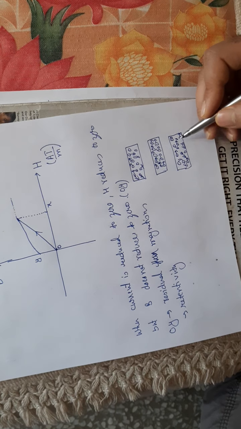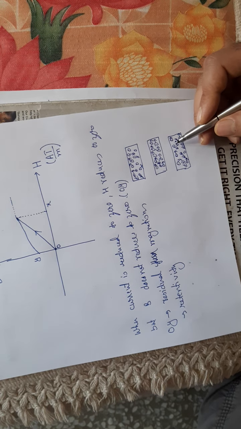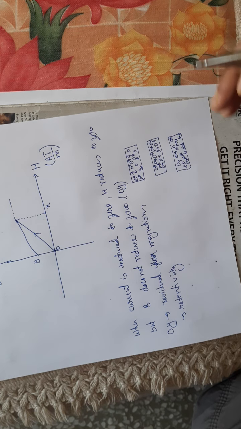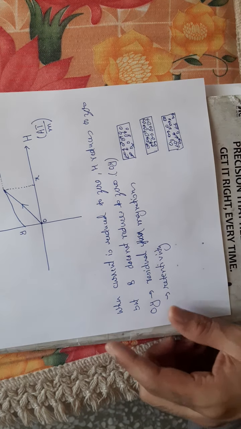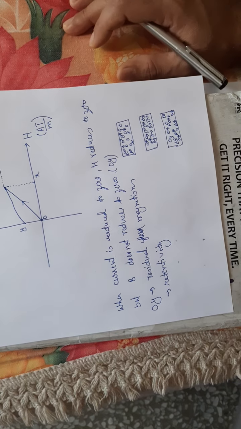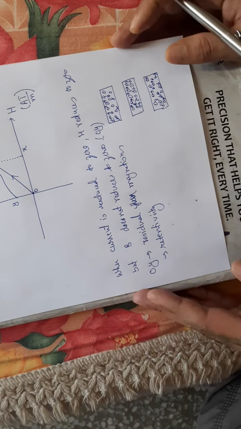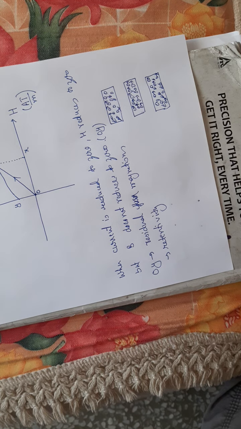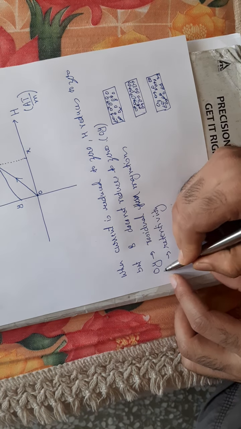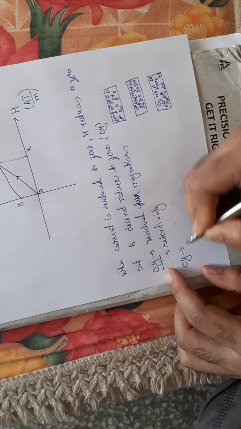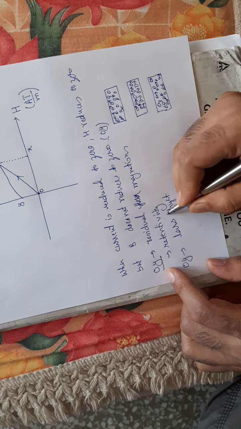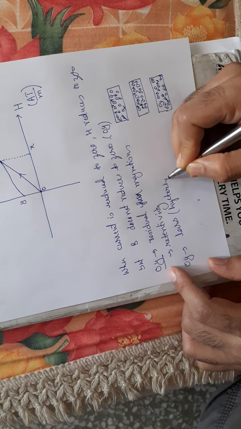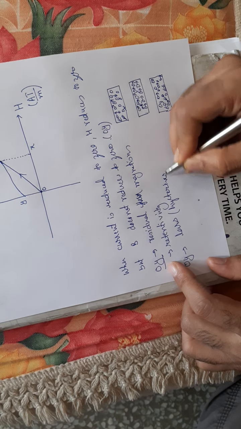Though the majority of the domains will remain oriented in random directions, a few of the domains will remain oriented in one particular direction. Because of these domains, there will be some magnetism stored in the material, and that magnetism is called residual magnetism, and the property is known as retentivity. So this residual magnetism, OY, is called the loss, or hysteresis loss. This loss is called hysteresis loss.